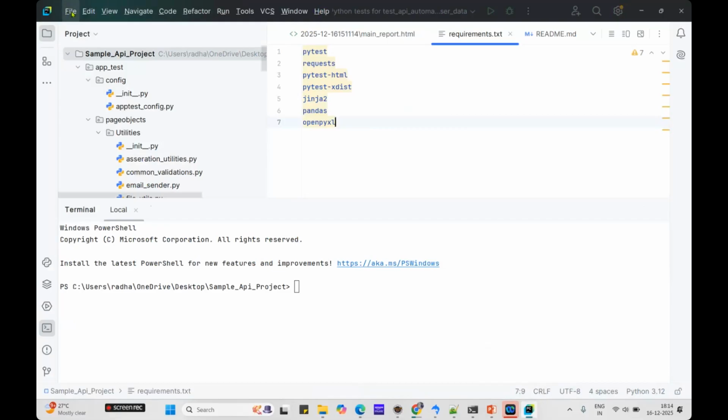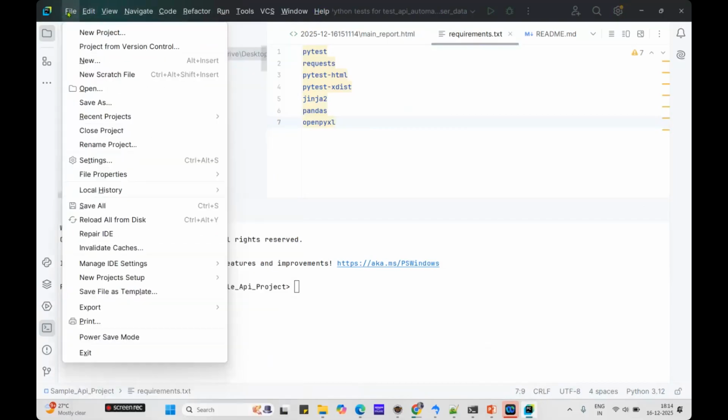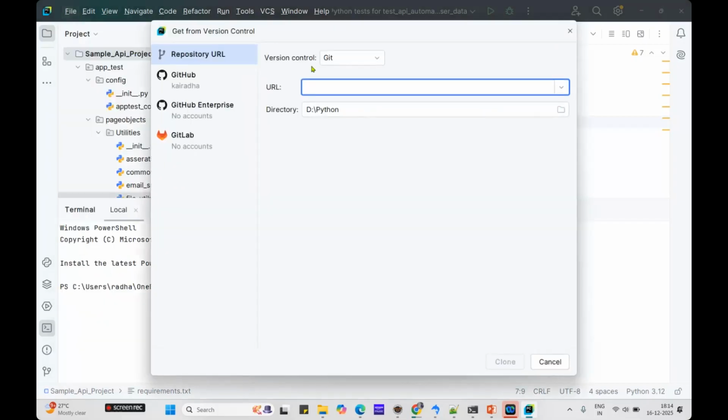So let me create one new project. Go to File and New Project. Here you can get it from New Project, or you can get it from Project from Version Control. Here we have the link called Version Control. The version control we are using is nothing but Git. Just click on Version Control, and you will get a dialog like this. Version control is Git,